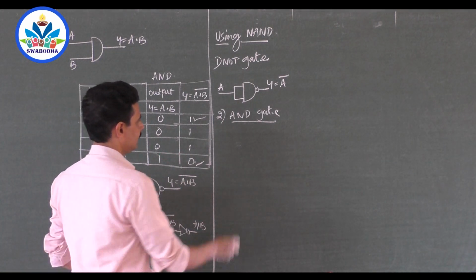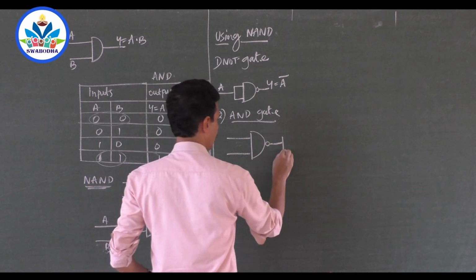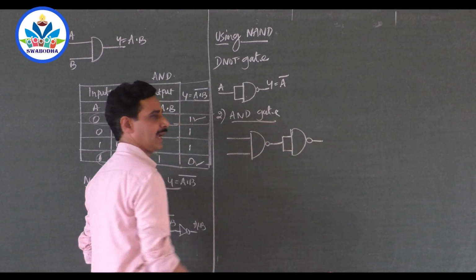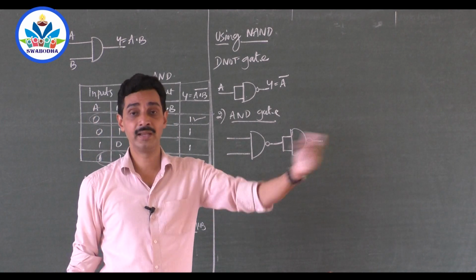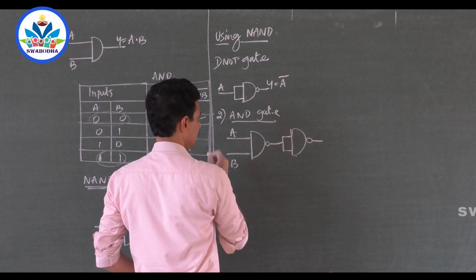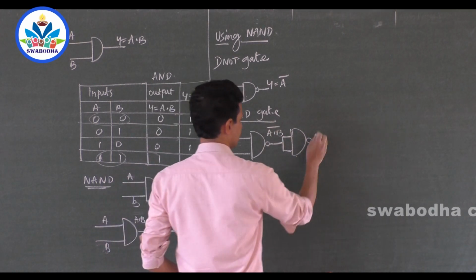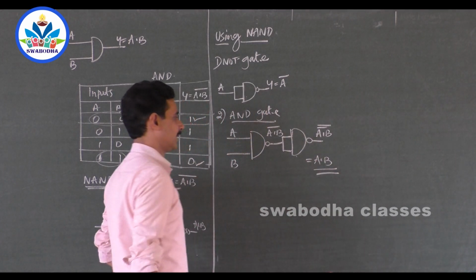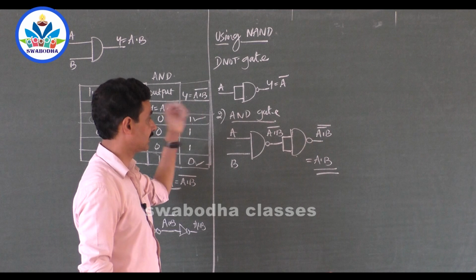So what we will get? Take an AND gate. Okay, bubble. Connect a NOT gate. But that NOT gate should be made up of NAND gates only. Shorted input NAND gate. Because you are going to prove that only NAND gates can construct a NOT gate. An AND gate. So you have to use NAND gate only. A, B, what is here? A dot B bar. Now both will get A dot B bar. What is this? A dot B bar bar. That is equal to A dot B. So you will get A dot B, right? So using NAND gate, you have constructed AND gate.